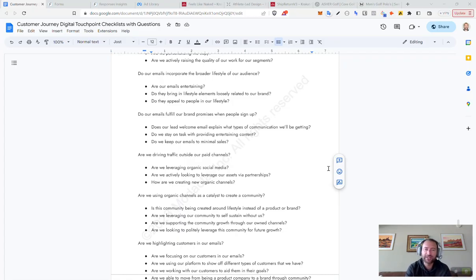So keep them to a minimal of sales. You let people come in through the stories. I shared a story earlier where emails sent out highlighted certain members of our community, and those made more revenue than our sales emails. It's a true story. People want to see themselves in other people. So you don't always need to be selling.